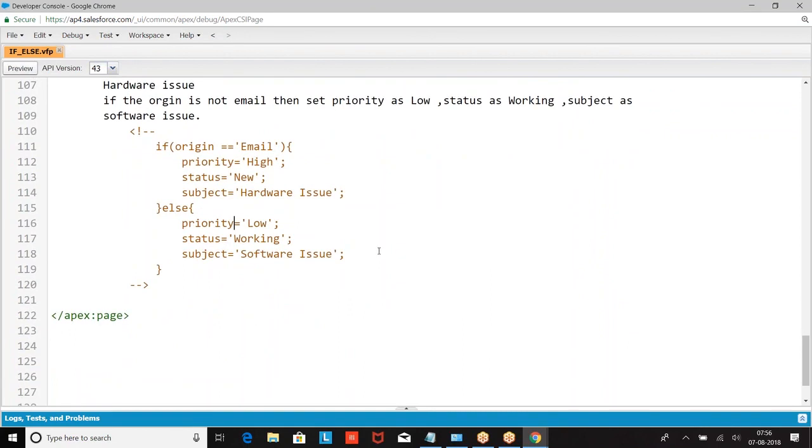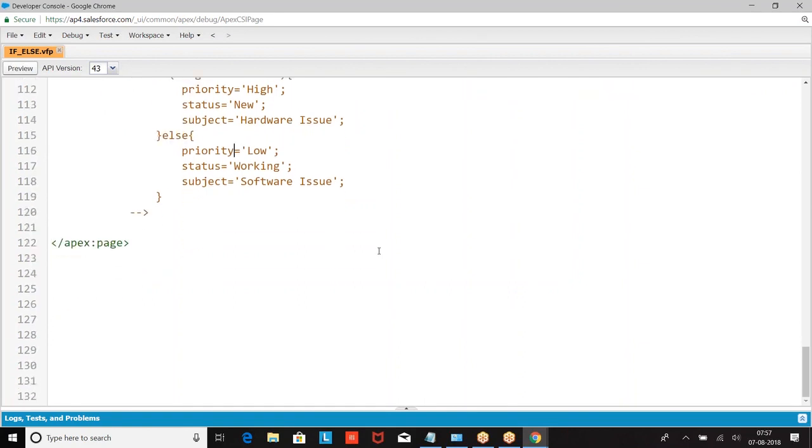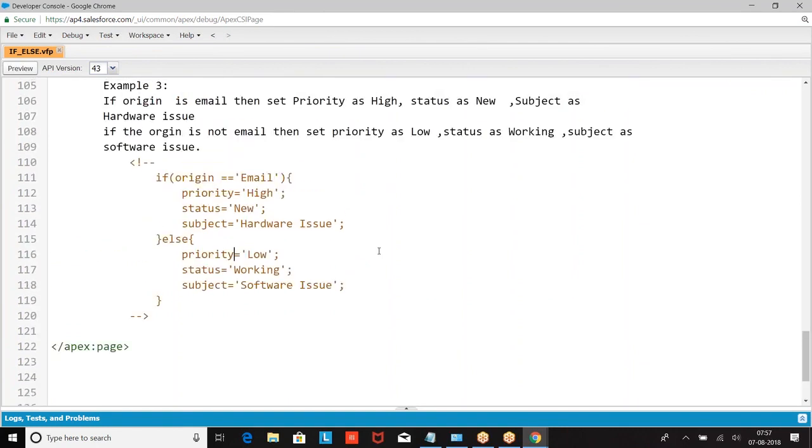If you want to compare whether two values are equal or not, use double equal. When you want to assign, when you want to say A should be 10, A equal to 10. When you want to check whether A is equal to 10 or not, A double equal to 10. While checking whether both values are the same, double equal to. While assigning a value, single equal to. All the people who are new to programming, are you comfortable?